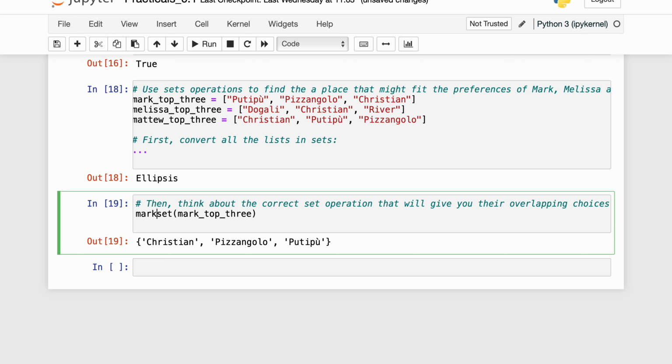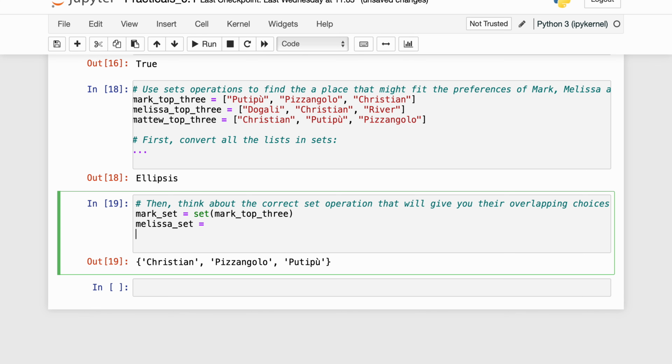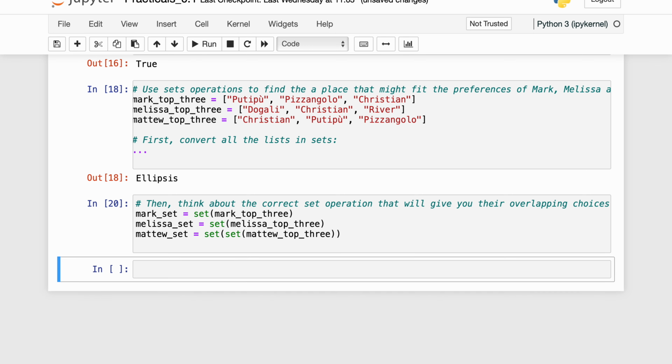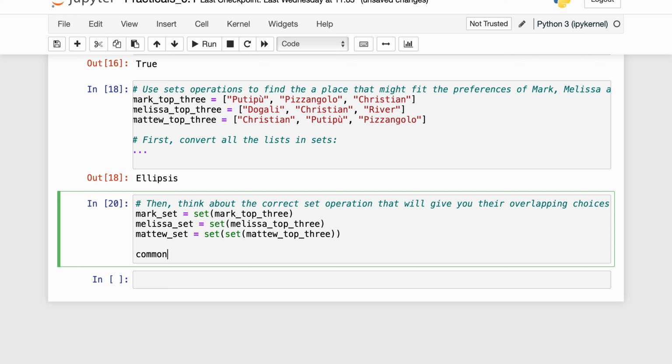So mark set equal to set of Mark, Melissa set equal to set of Melissa, and Matthew set equal to set of Matthew. Okay, and then we could say something like common mark Melissa equal to